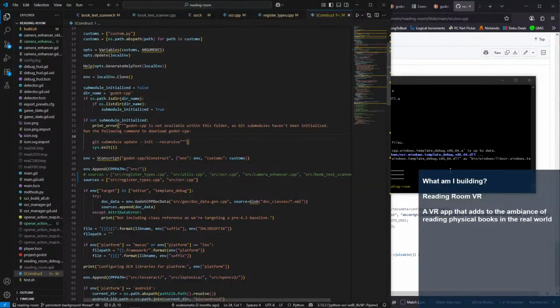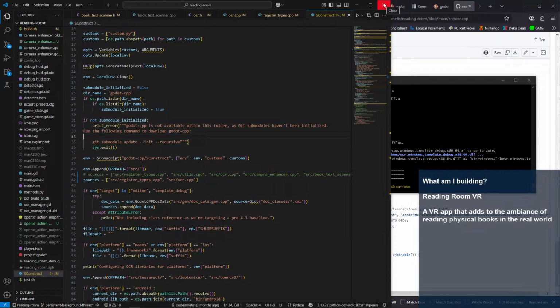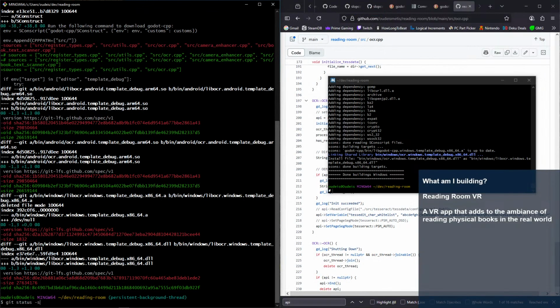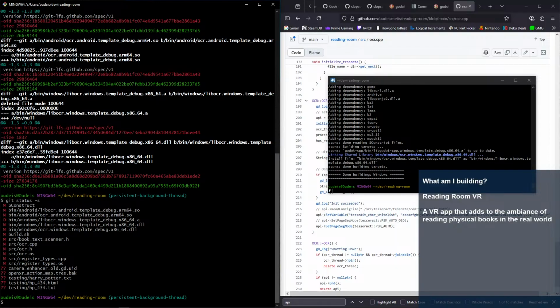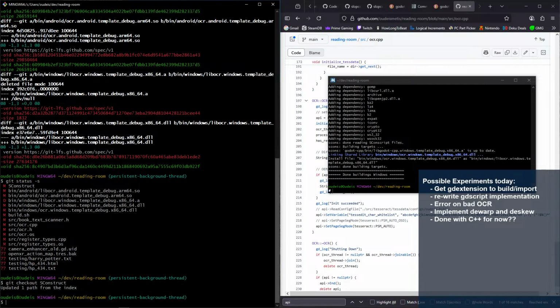So the annoying part is, let's kill VS Code. And then git diff, well, git checkout as construct. Git add build.